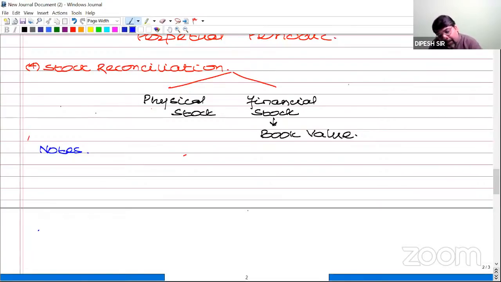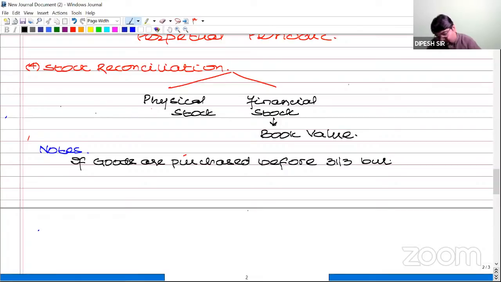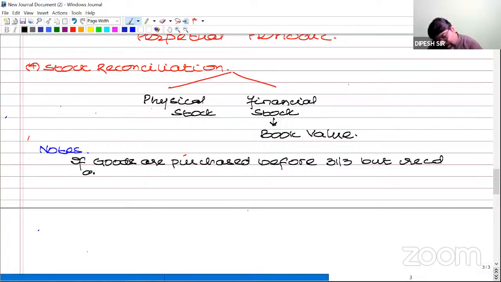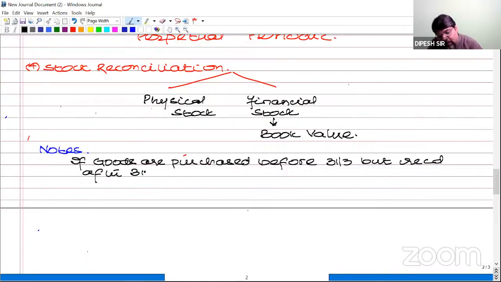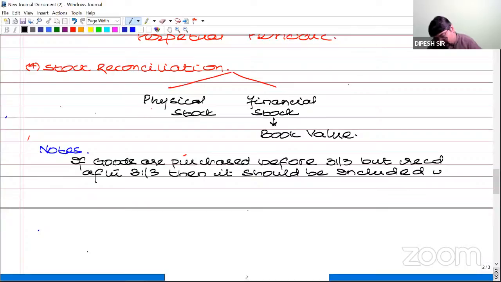First, if goods are purchased before 31st of March, but received after 31st of March, then it should be included in